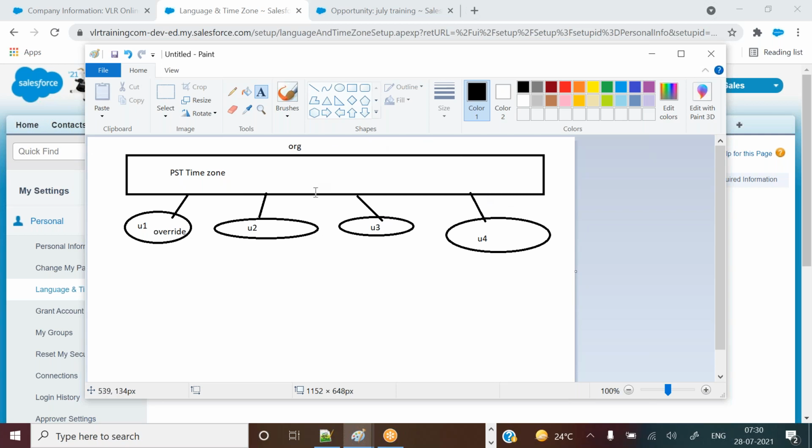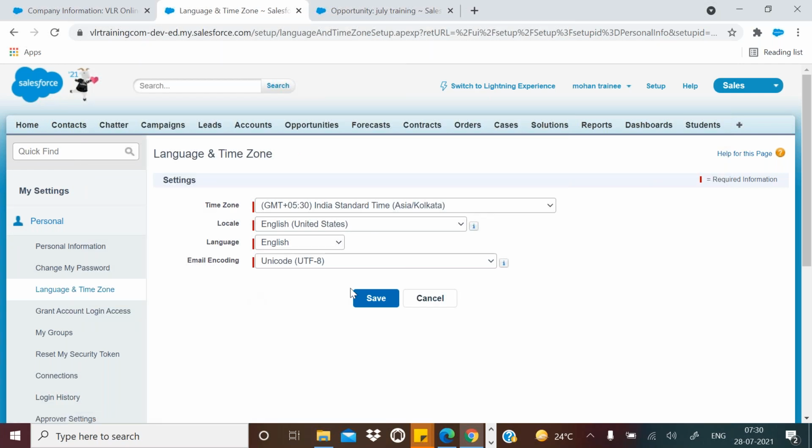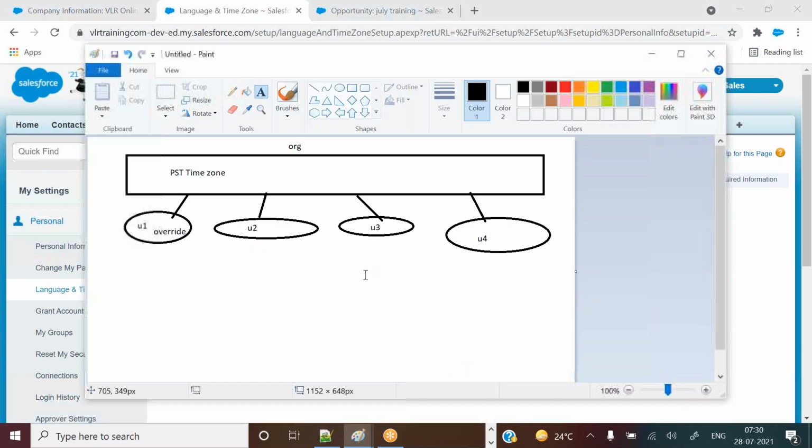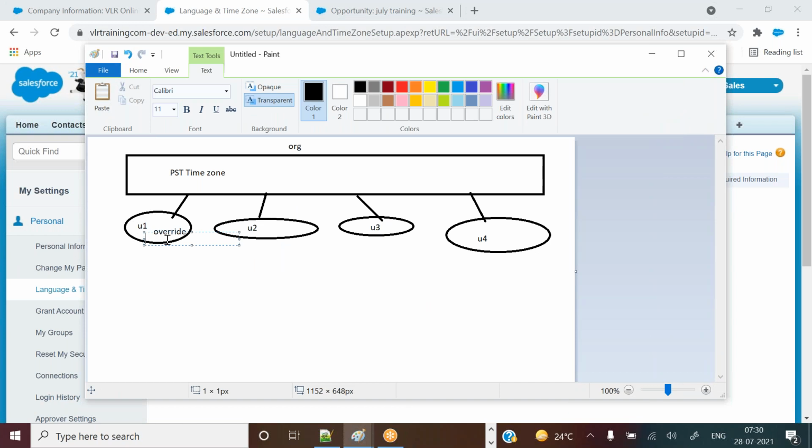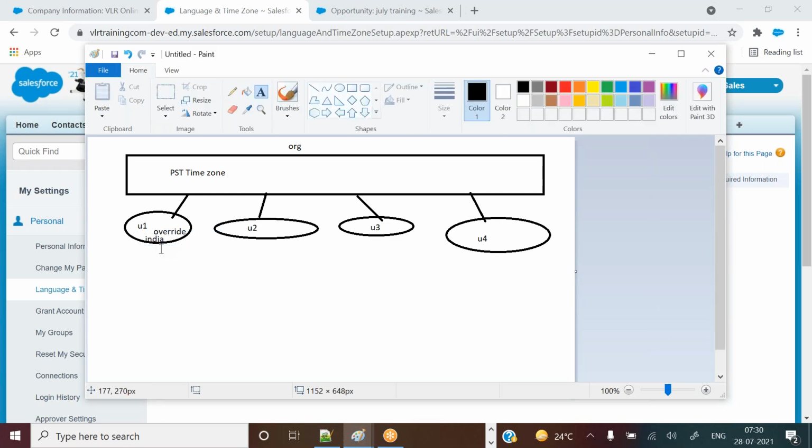If you want your own personal time zone, you can go to that particular user, open my settings, and change the time zone here. Think of it this way: if I override it with India, then for user one it is the India time zone.